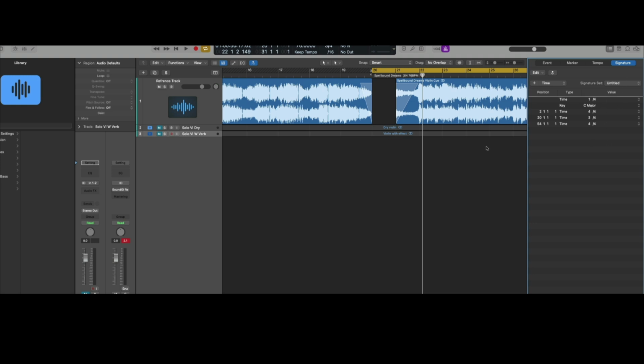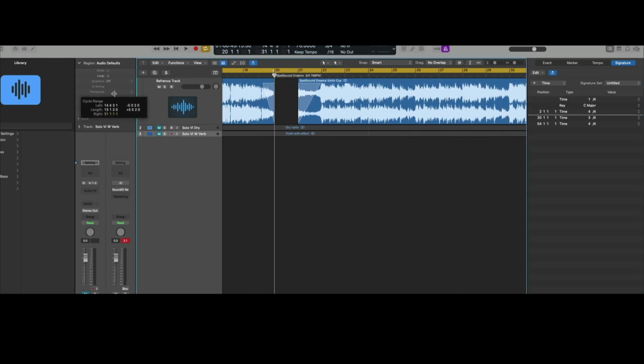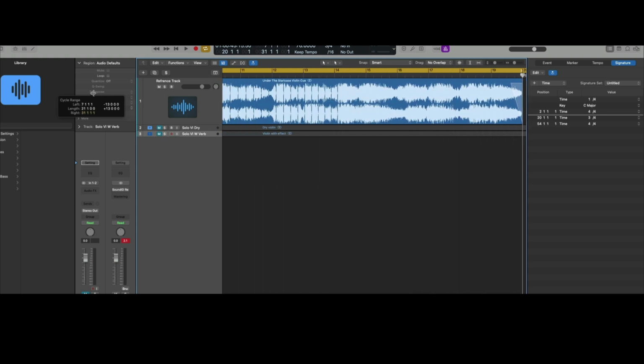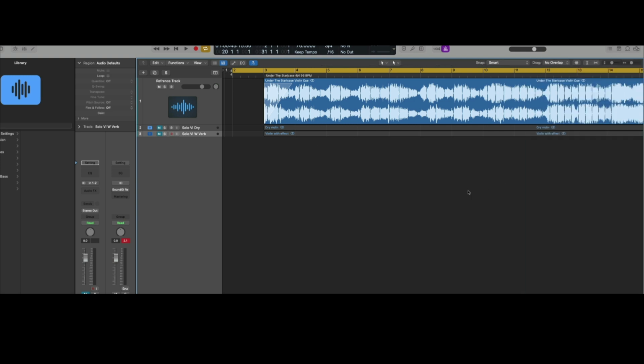But always make sure you have the metronome on. Obviously, you can use whatever DAW you want. You can send this, and if they work in Logic, even better. You can just send this Logic file, or you can bounce it down to a stereo audio track, which is what I did for this violinist. Then I imported